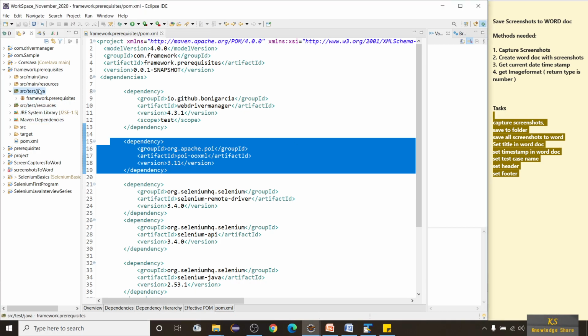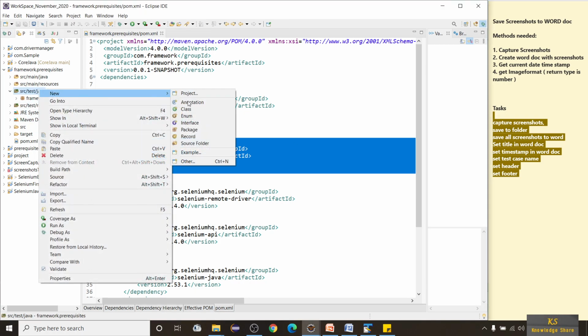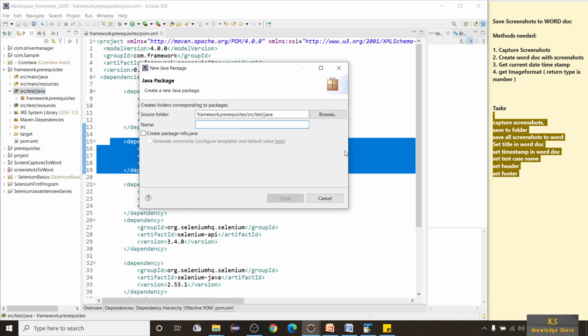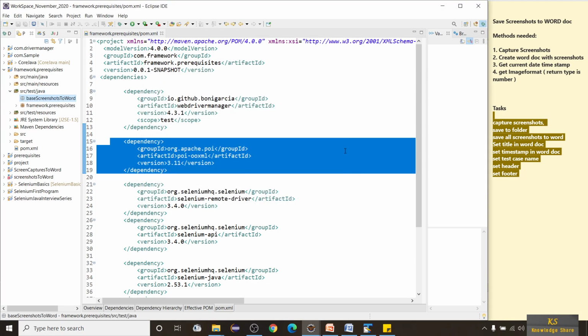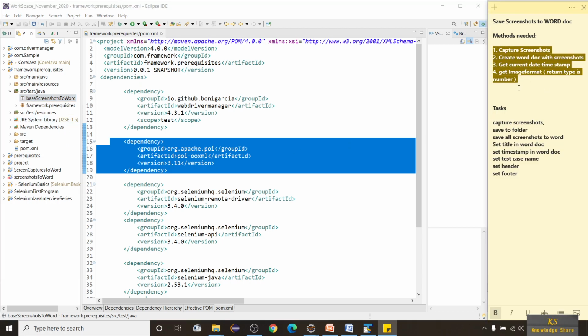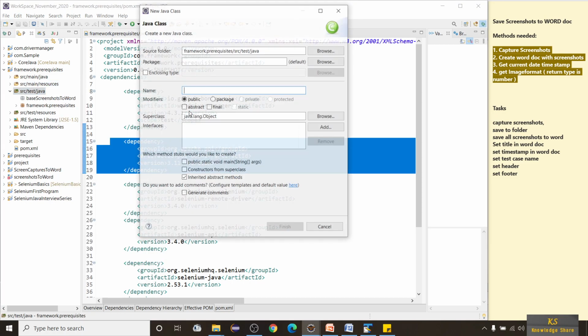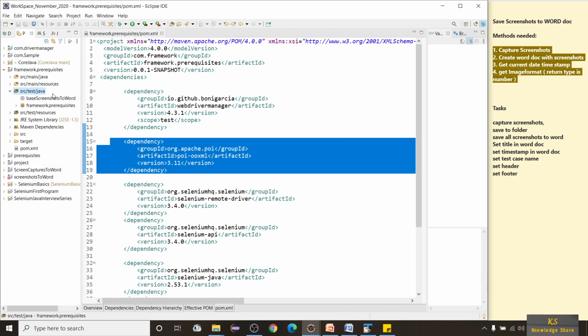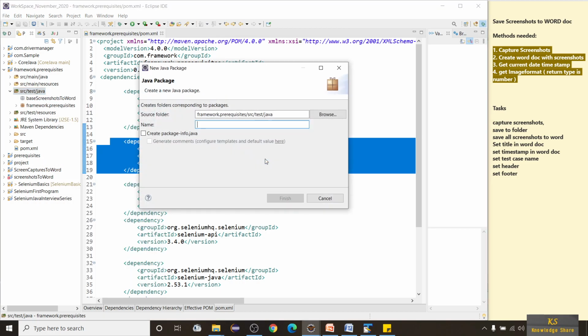Okay, so let me go ahead and create a new package, and I'll call it base. Screenshots to Word. And as we need some methods to be regularly called, I'm going to create one more package, and I'll call this package methods.